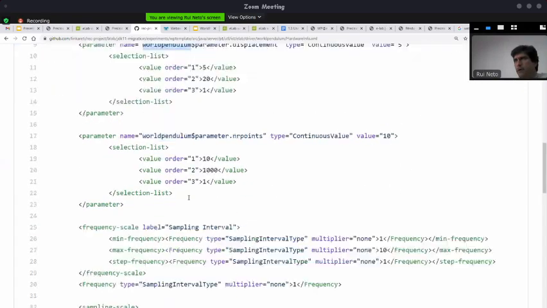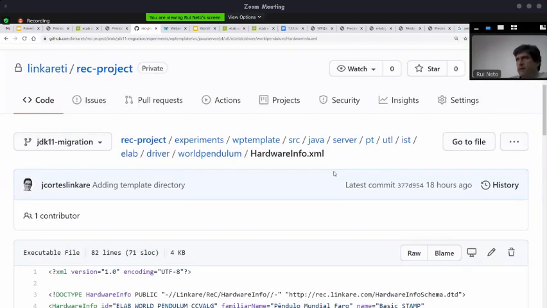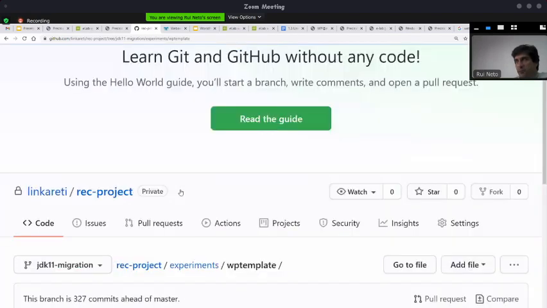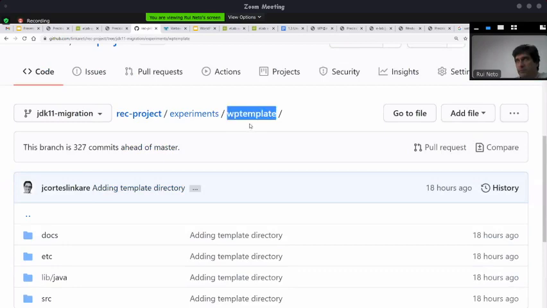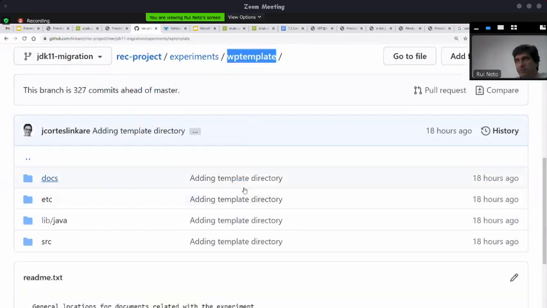Okay. I'm going to go back. Any questions? All right. I'm just going to go back to the WP template, to the original folder. Oh, sorry, I forgot something. To go to source,